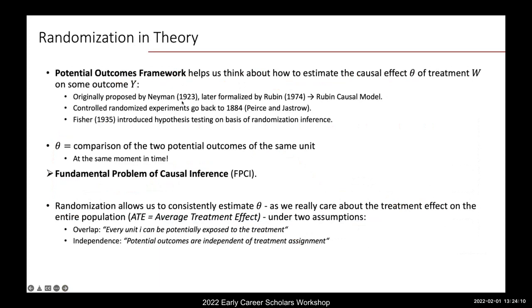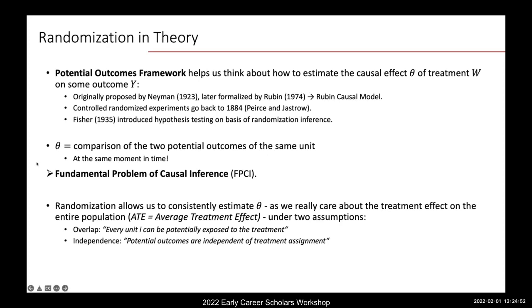So the potential outcomes framework was originally proposed by Neyman, and it goes way back. It's almost 100 years now, and it was formalized by Rubin in 1974 into the Rubin causal model. When we think about randomizing things and controlled randomized experiments, we actually go back even further than those 100 years, to 1884, okay? But important, and this is what Julia talked about as well, is Fisher 1934, where we say, okay, what do we actually do with experiments and experimental economics? We want to have a hypothesis that we formulate and that we then test on the basis of randomization inference,